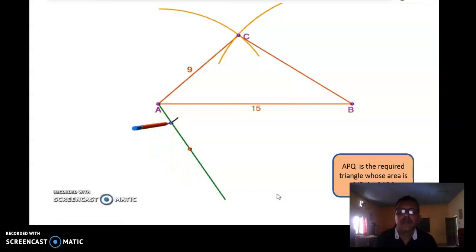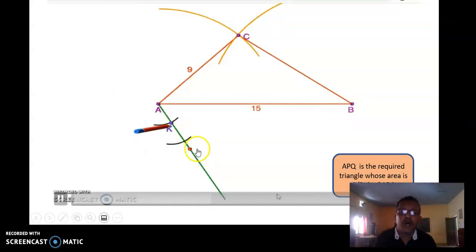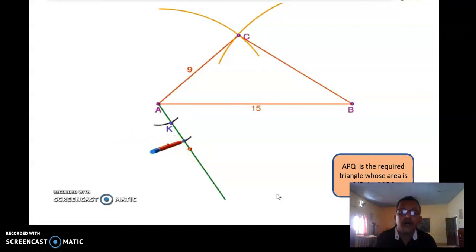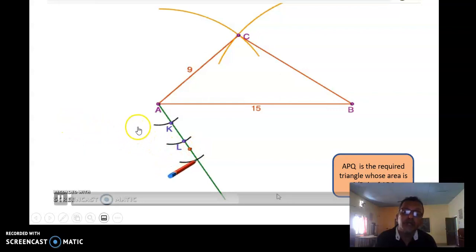So here 3 by 5, 5 is bigger one, so we have to cut these 5 arcs. If the denominator is bigger, consider that one. If the numerator is bigger than the denominator, then you have to consider the numerator. So here 3 by 5, 5 is bigger, so I am cutting 5 equal parts like this